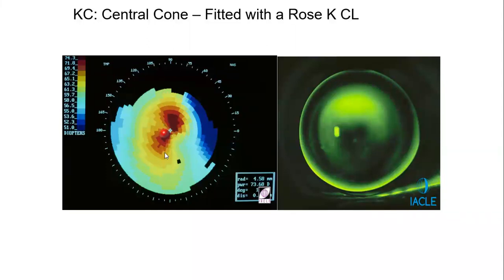This cornea could be normal if it is a symmetric bow tie or slightly asymmetric bow tie, but the axis would be more horizontal or vertical. Here the axis is radial or skewed. So this is a kind of central cone, which is fitted with a Rose K. One of the problems in fitting a central cone is that you will find this kind of fitting. What is one thing that you think is abnormal in this fluorescein pattern of contact lens fit, or that can be improved?